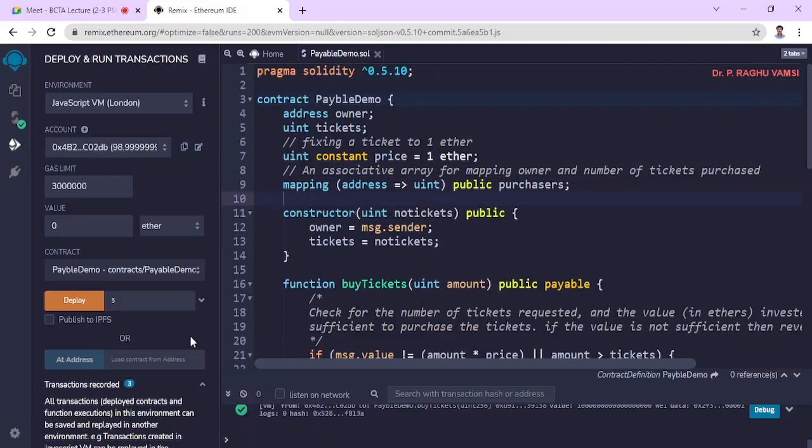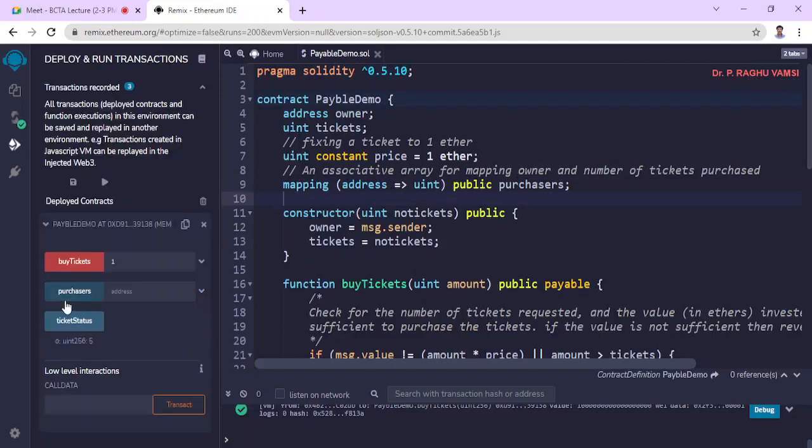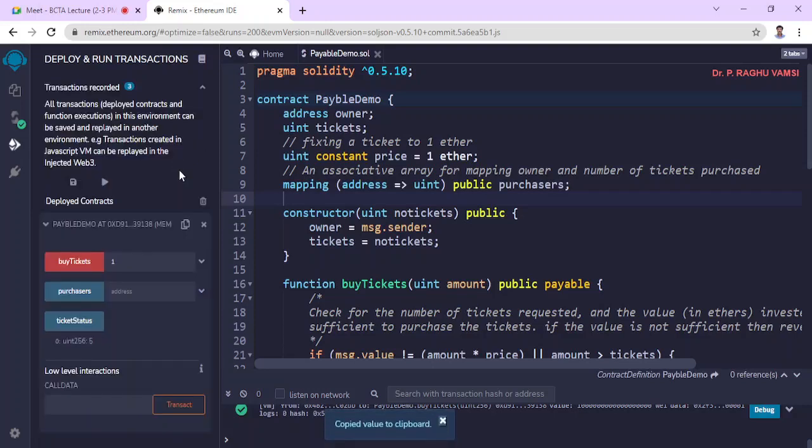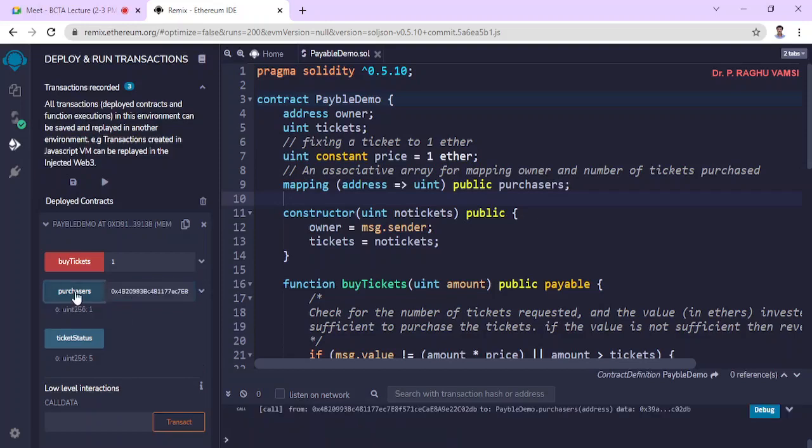Then afterwards, if I copy this address and use this address here with purchasers, it shows how many tickets were purchased by this address.